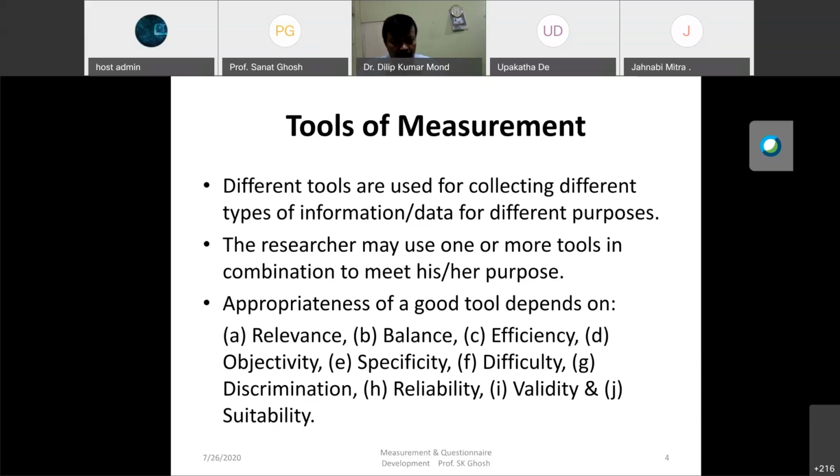Appropriateness of a good tool depends on its relevance, balance, efficiency, objectivity, specificity, difficulty, discrimination, reliability, validity, and suitability. All these are very important aspects, and sometimes it is said that these are the characteristics of a good research tool. But to me, these are characteristics of a good research tool for both qualitative and quantitative tools. Relevance, balance, efficiency, objectivity, specificity, and difficulty level are related to both qualitative and quantitative aspects. Discrimination, reliability, and validity are for quantitative research. So these are the major aspects,